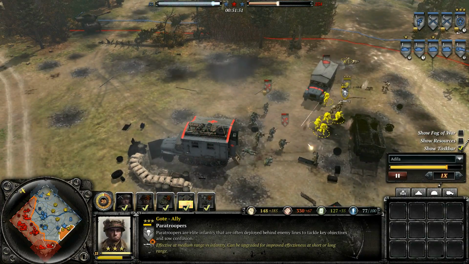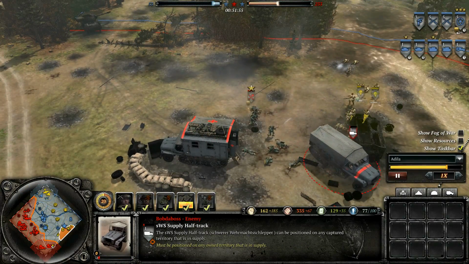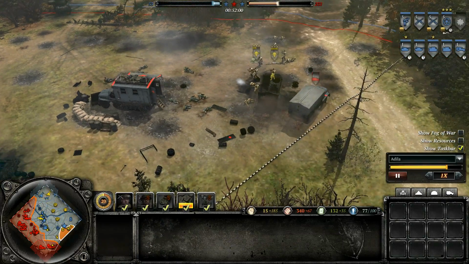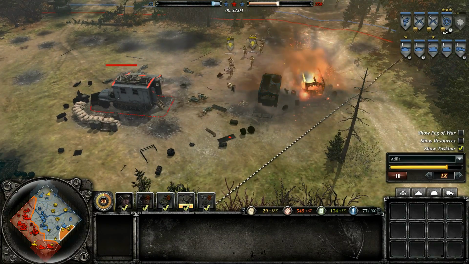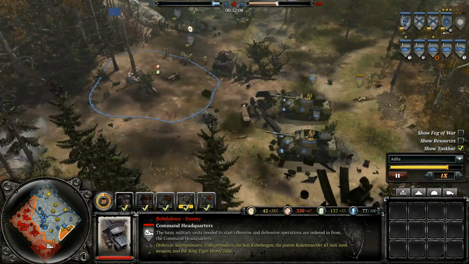Anyway, we've got Gote's paratroopers right here, just trolling around. Are they gonna destroy this half track with like not even anti-vehicle fire? Because they're definitely killing all the units right here. So we've got a supply. It goes down. Gote is like trolling, and you know at this point, like